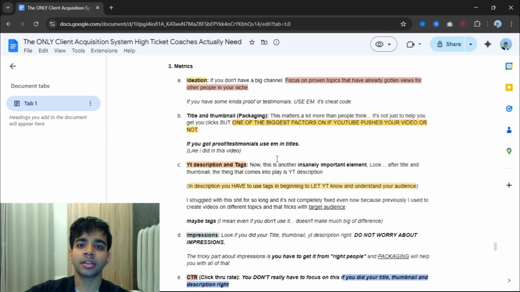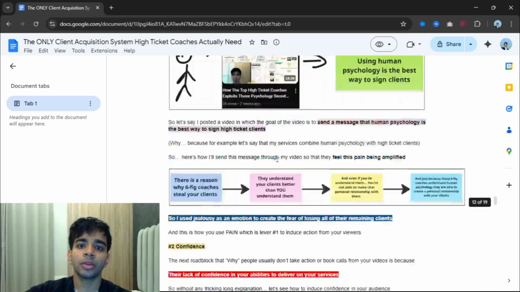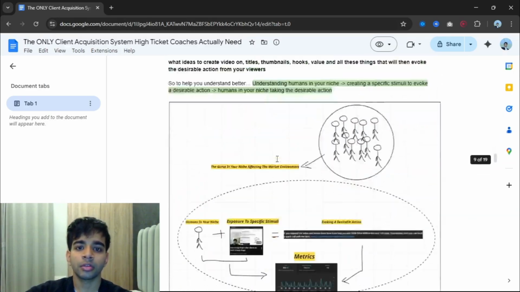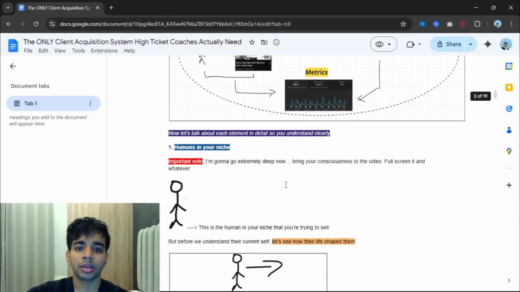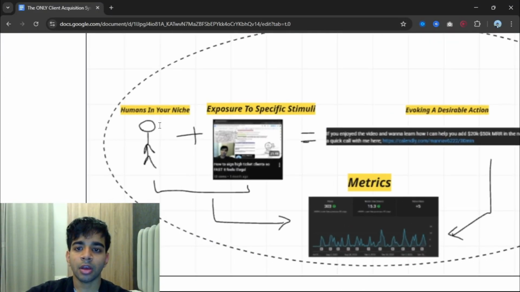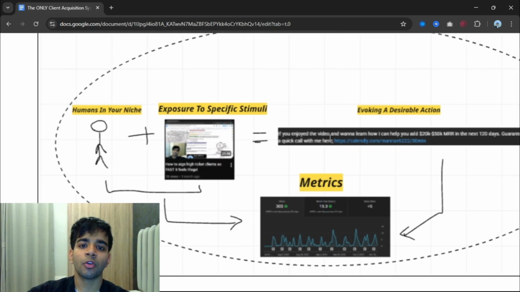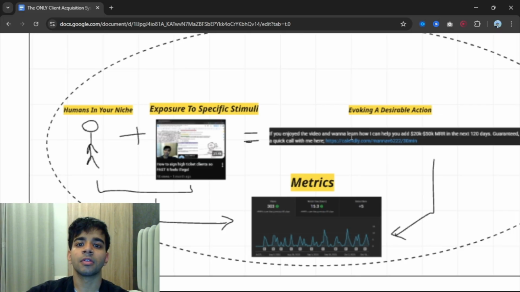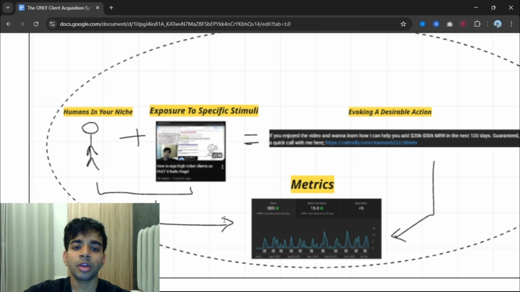Now the third thing is understanding the metrics to improve your system, right? So if we go back here, we have learned the humans in our niche, and we have learned what kind of stimuli to create. Hopefully, if we do all this even 70 to 80% correctly, we still are going to book way more calls than you probably used to, right? So now